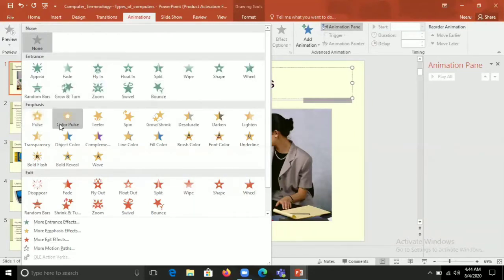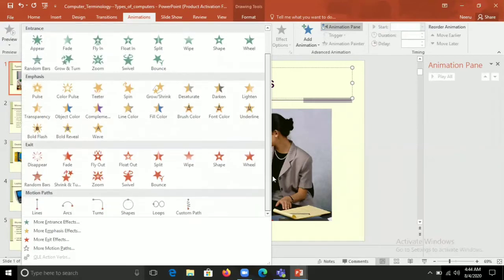Emphasis. If you want to provide some effect like text color, fill color, brush, grow, at that time you can use emphasis. It is basically used when we want to apply animation on text. Exit is opposite to entrance.